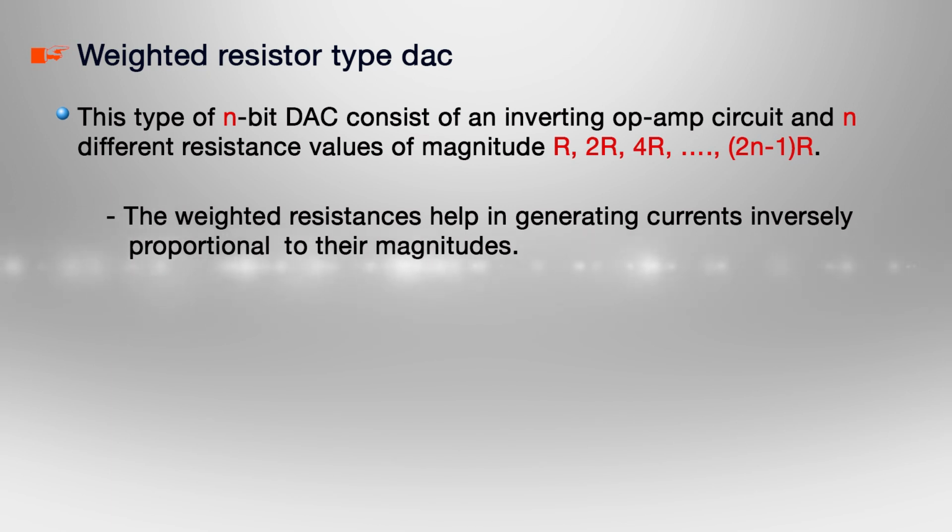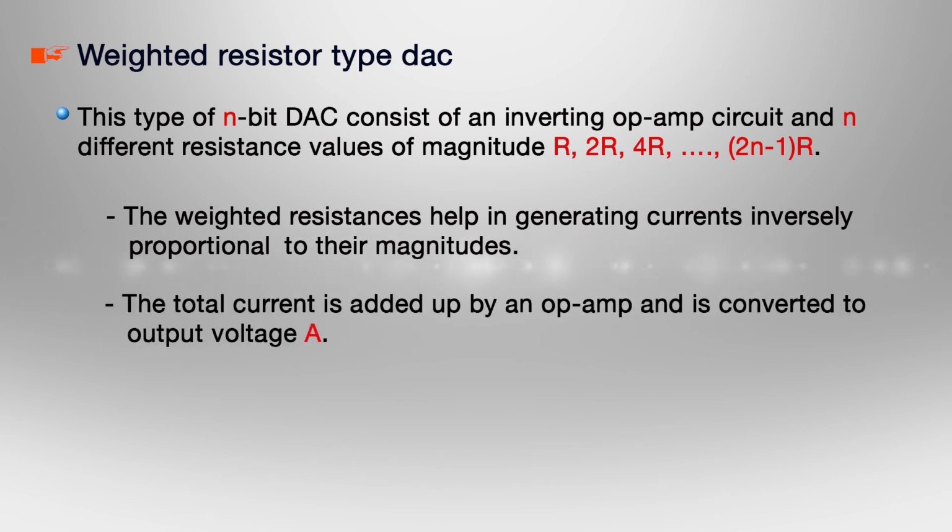The weighted resistances help in generating current inversely proportional to their magnitude. The total current is added up by an op-amp and is converted to output voltage A,